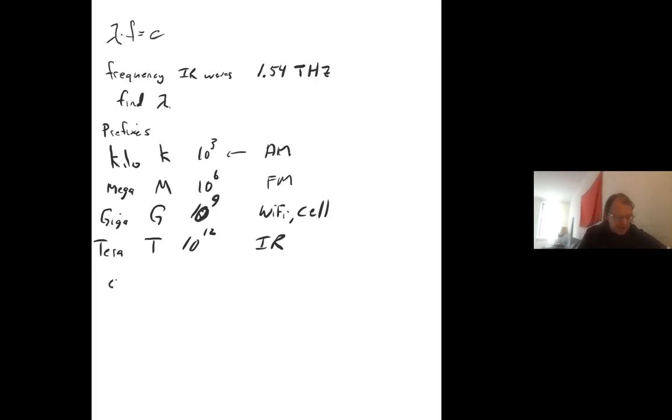c, the speed of these waves, is 2.9979 times 10 to the 8th meters per second. It's a very large number. That's a very high speed, right? That's fast enough that you could get to the moon and back in about 2.5 seconds. Is that right? Yeah, about 2.5 seconds round trip to the moon.